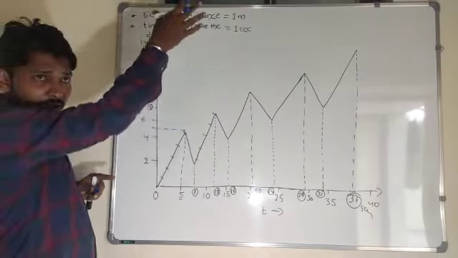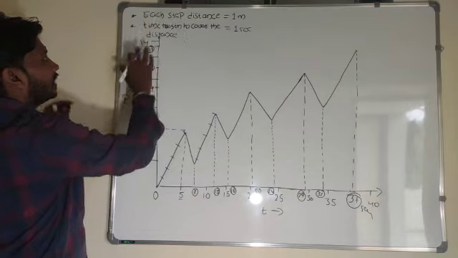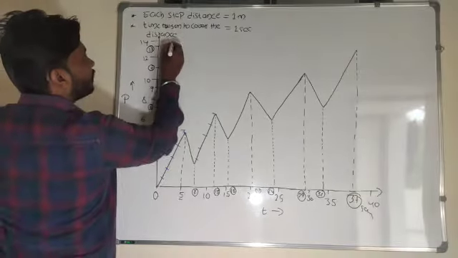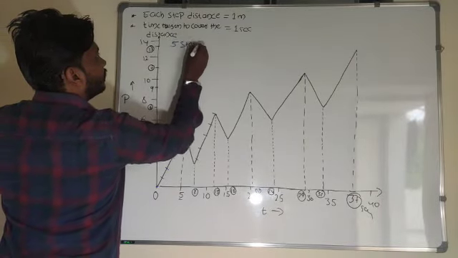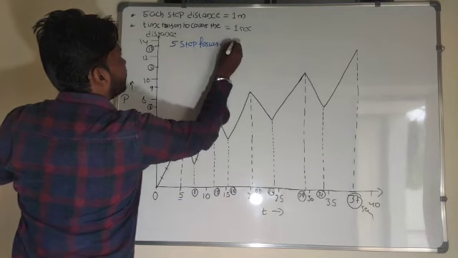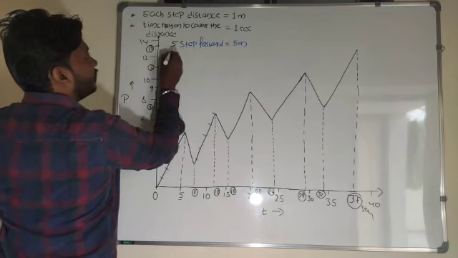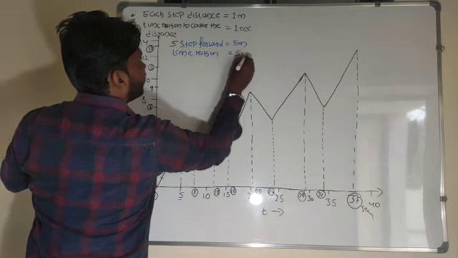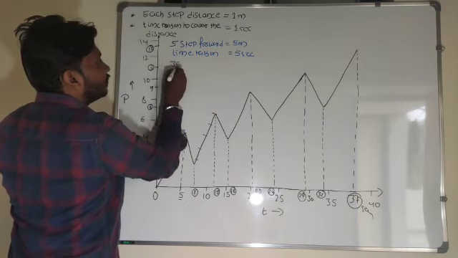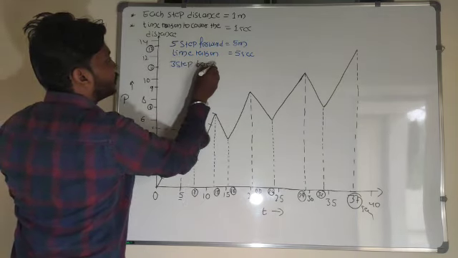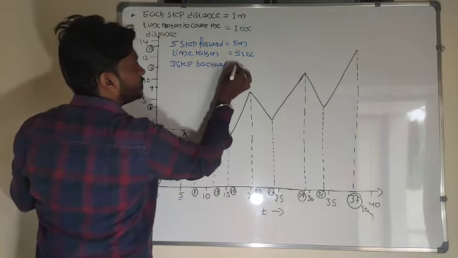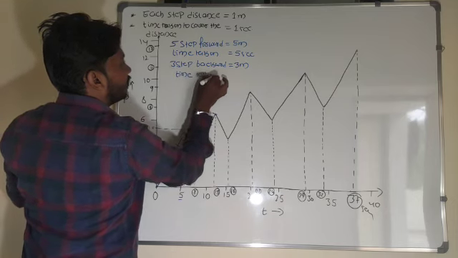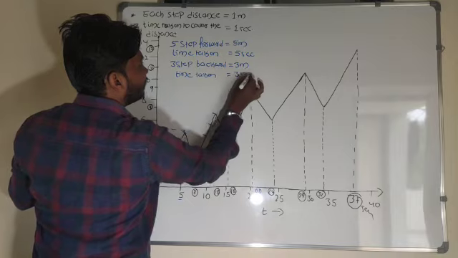Otherwise I can get this time value by the mathematical expression. So look at here. Each step distance is 1 meter. He will take the time 1 second. So 5 steps forward means 5 meter, and time taken is 5 seconds here. 3 steps backward. So I will consider the displacement concept here. So 3 meter, and time taken will be 3 seconds here.